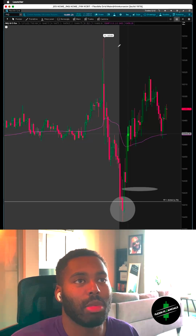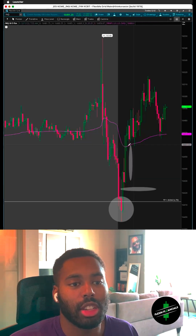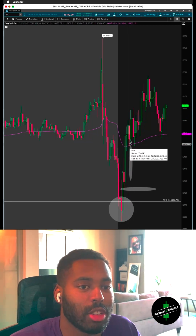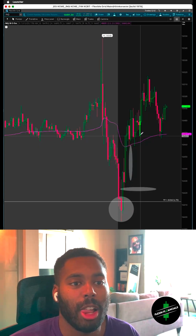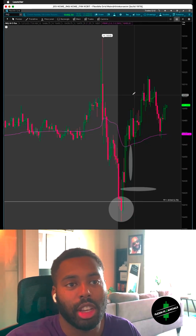16,430, and I was able to ride this all the way up, first targeting VWAP, all right? So up here into this area, this is where I scaled out of the majority of my position because today's conditions aren't optimized for the way that I trade. So I scaled out of 80% of my position up here,